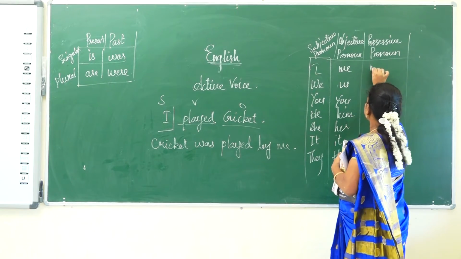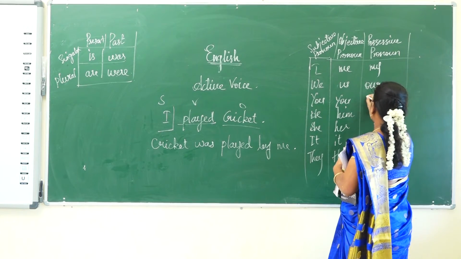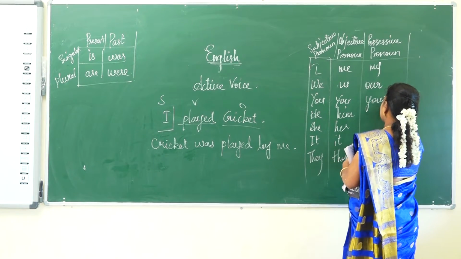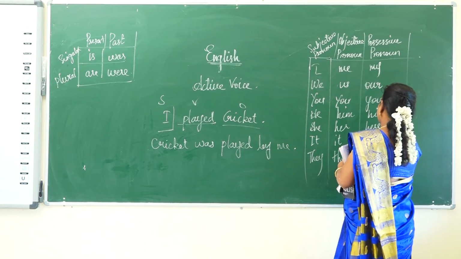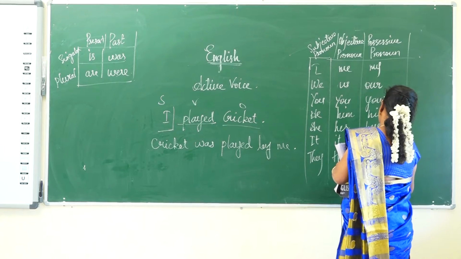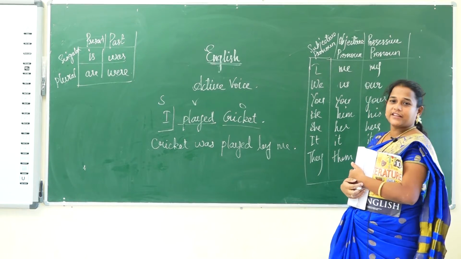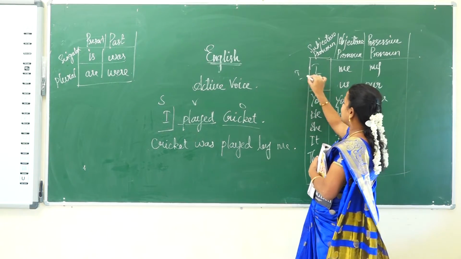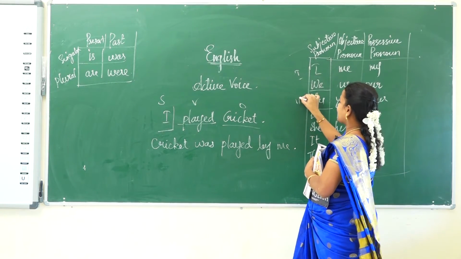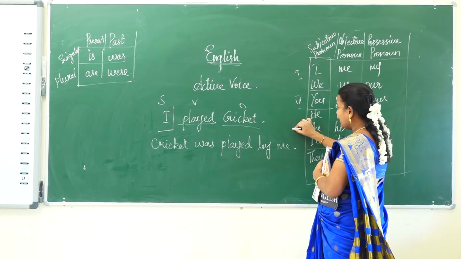My, we will change into our, your, his, hers, its, their. Okay, this is the way how we have to change the pronoun. I and we are considered as a first person, you is considered as a second person, he, she, it are considered as a third person singular,